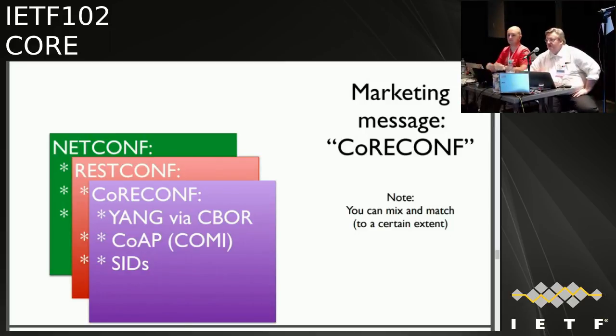But for people to understand a certain kind of evolution, or a certain kind of pairing and mixing and matching of things, it's probably a really good idea to name our part like the other two. So from netconf via RESTconf to CoreConf. And unless somebody in this room really objects to this renewed naming, we would like to go forward with that. Any comments on that? It's a non-technical change, but